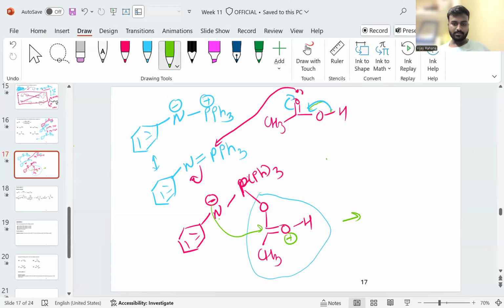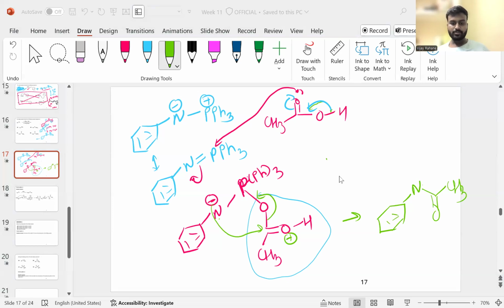and this bond can be cleaved. So this will lead to formation of the benzene ring with the nitrogen which has now the CH3 acetic acid part in the center, and the phosphorus will now have the P double bond O because of this bond. This phosphorus will now become P double bond O, and the PPh3 will remain the same. So this is the product formed in this reaction, and further